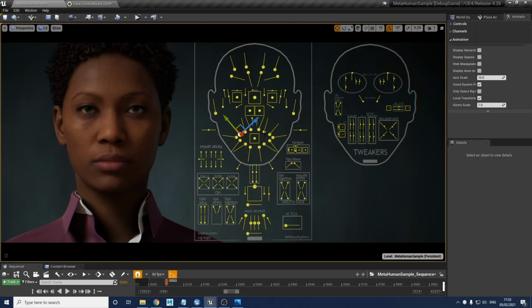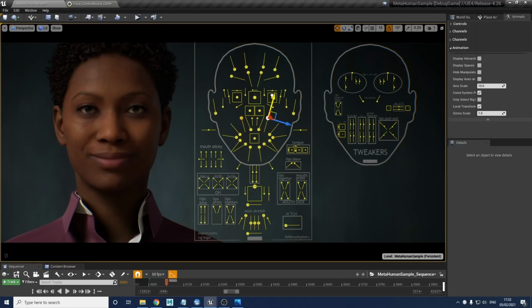Moving in from this is the sharp corner pull. This one is a more vertical smile, so it's going to go more straight up the face, not as wide, and it doesn't affect as much of the cheeks on the outside as the corner pull did. So this is a sharp corner pull, more of a sharp smile, and it's going to affect the nasolabial line a bit more, this line down here running down the nose, and it's going to bunch the cheeks up a little more, as opposed to the corner pull, which had a much wider cheek effect and lifted them up around the eyes and the cheeks around here.